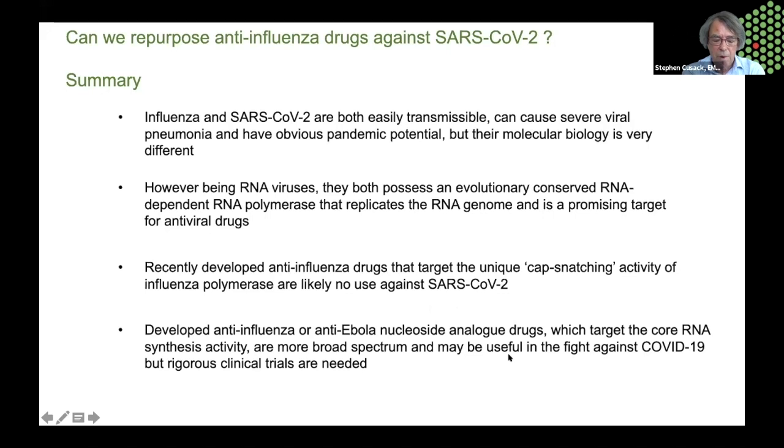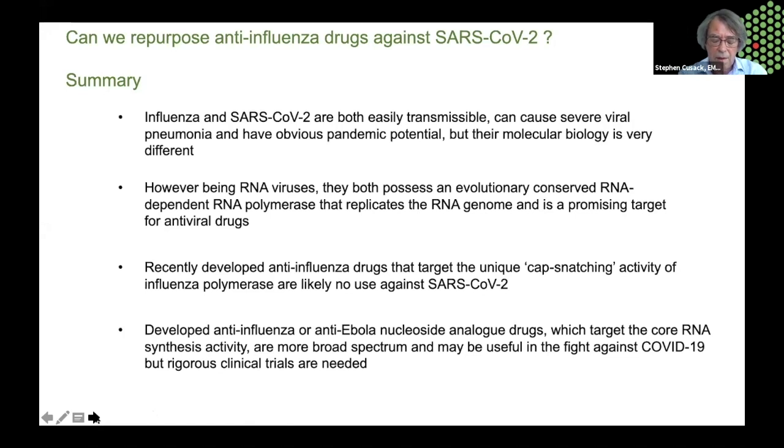Coronaviruses have a positive strand RNA genome that you heard is unusually long. It's more than twice the coding capacity of influenza. And coronaviruses replicate in the cytoplasm, and the positive sense means that the genome can directly act as messenger RNA without being transcribed first. So my group has been studying influenza RNA-dependent RNA polymerase for the last 15 years or so.